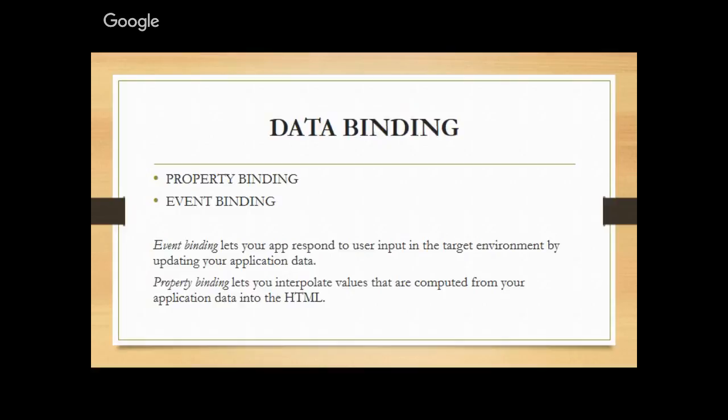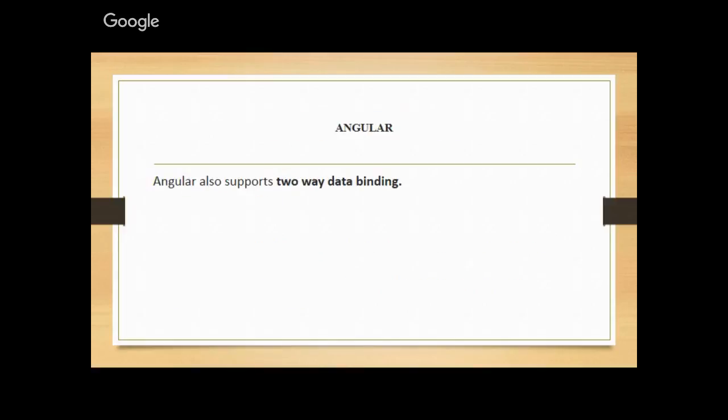And event binding, just like the name says, happens when there's an event, something changes in your app. A common example is you click a button and something happens. If you are browsing through web pages, any button you click, something always happens. Either something is uploaded, something loads, or a new page is loaded. Angular also supports two-way binding, which we talked about already.